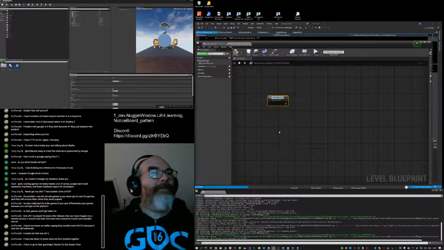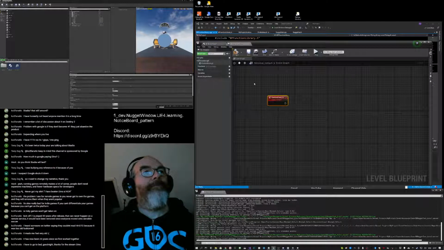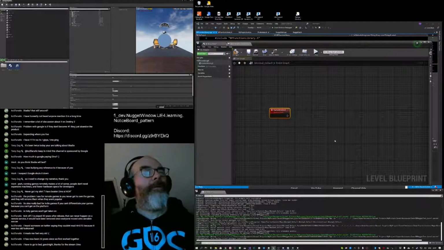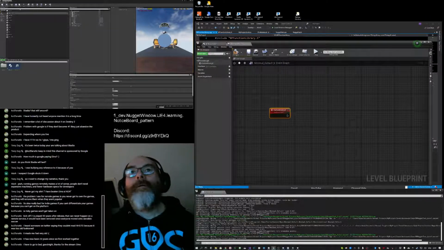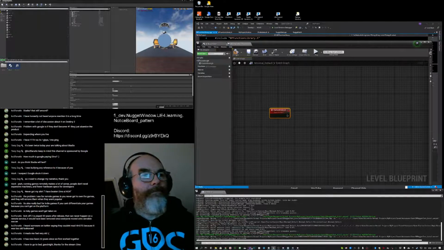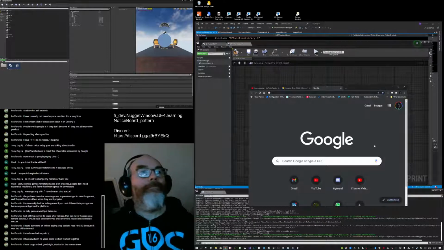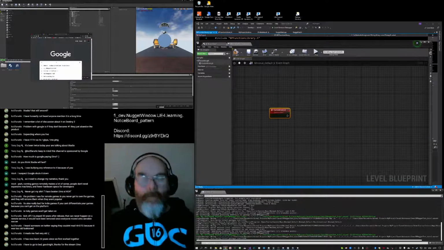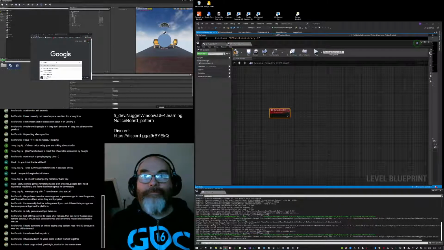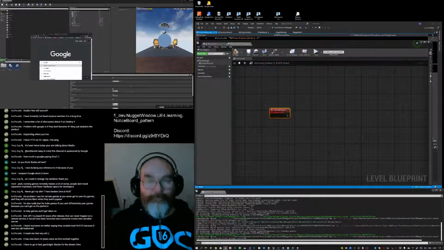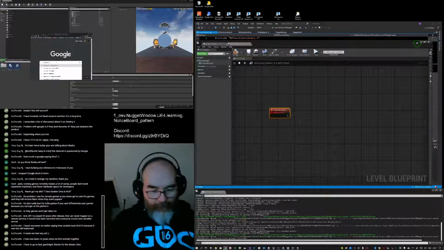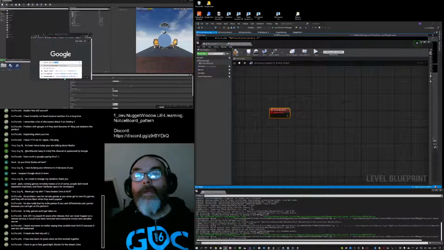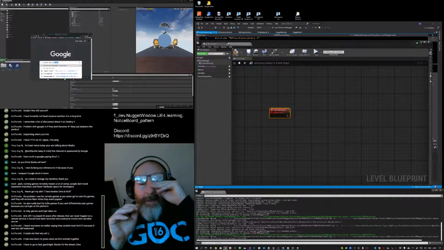Add custom event. Event. Event on level load.